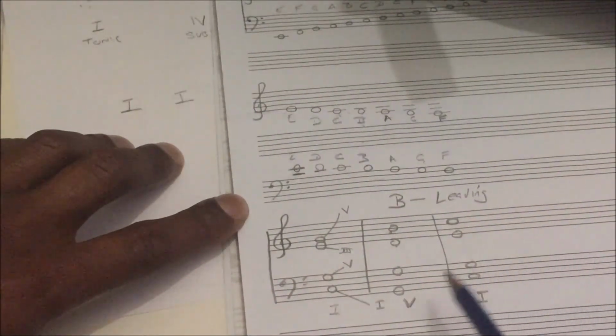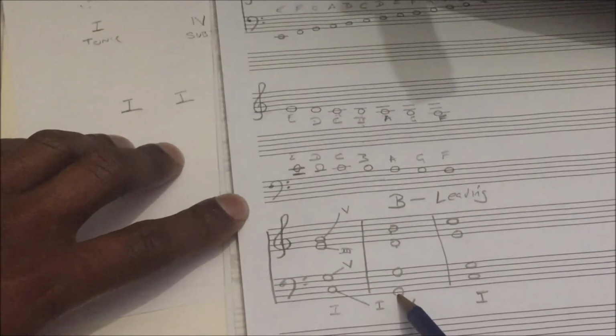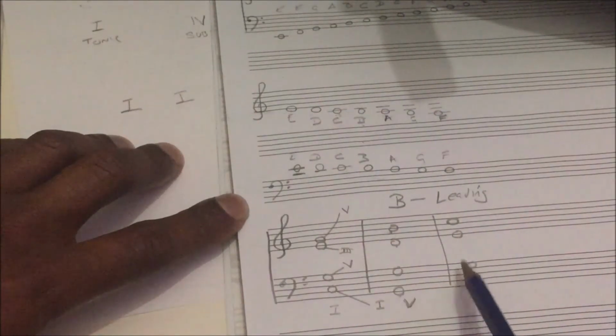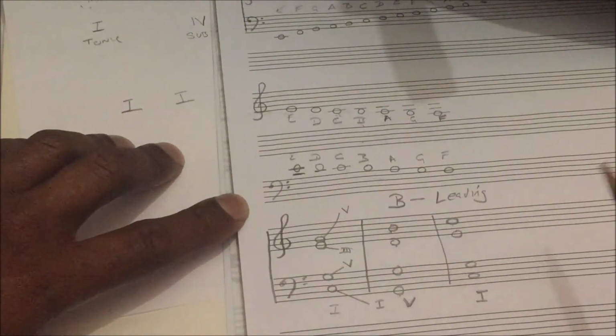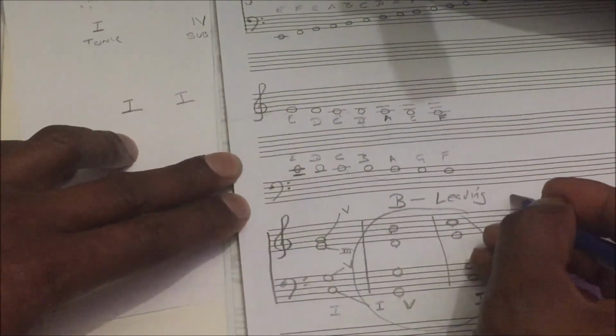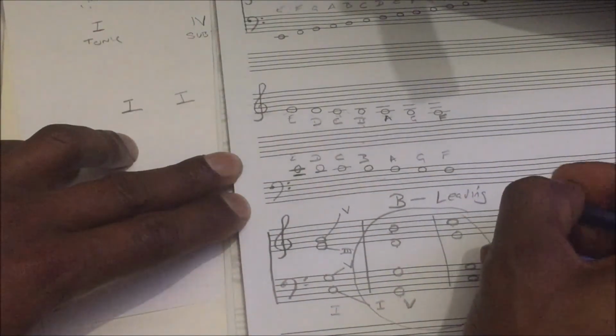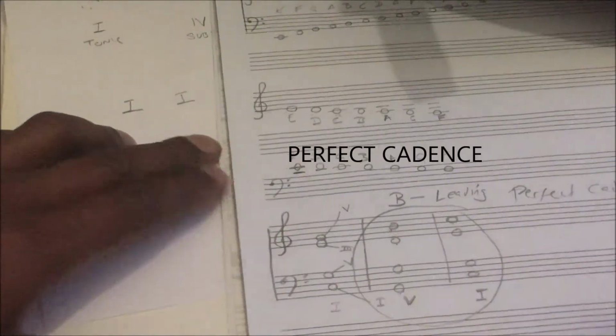So when you see that the dominant goes to a tonic, and you see the leading note going to the tonic, you recognize that as a perfect cadence. Perfect cadence has a sound. What it sounds like,